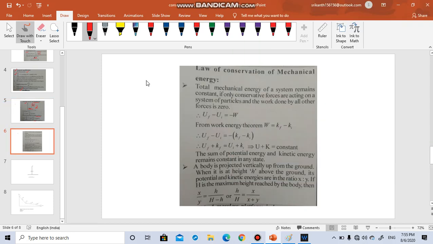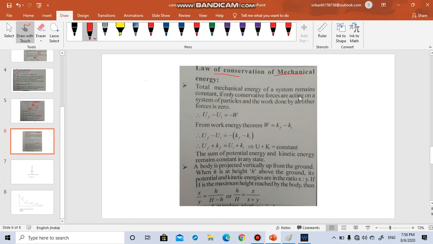Let us move on to one of the most important concepts of physics. Energy can neither be created nor be destroyed, but it can go from one form to another form. Many times we have heard this. It is basically coming from the statement law of conservation of mechanical energy. When we see, there are many different types of energy. Thermal energy is there, solar energy is there, wind energy is there, nuclear energy is there. We are not talking about all types of energies. We are talking here only about the mechanical energy.